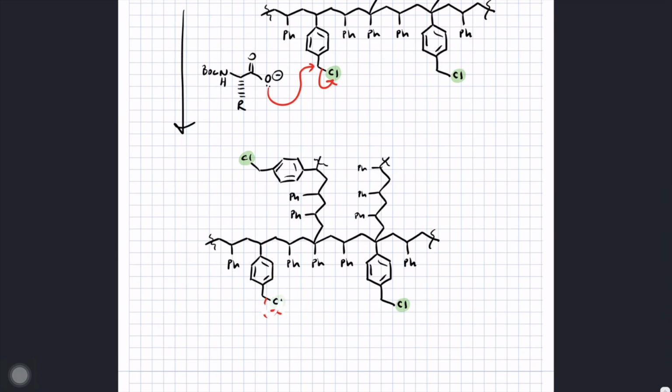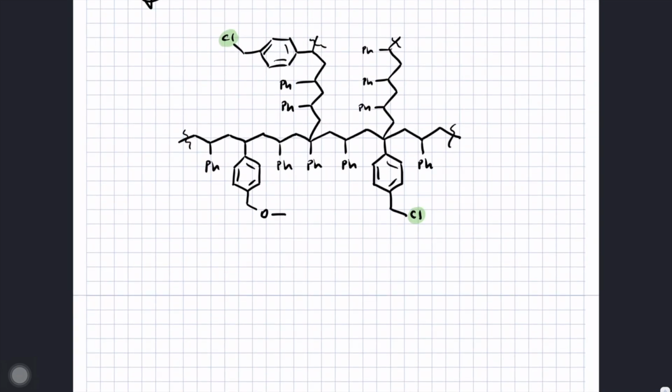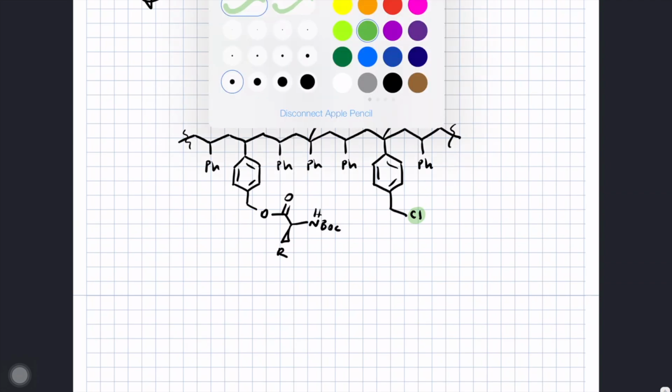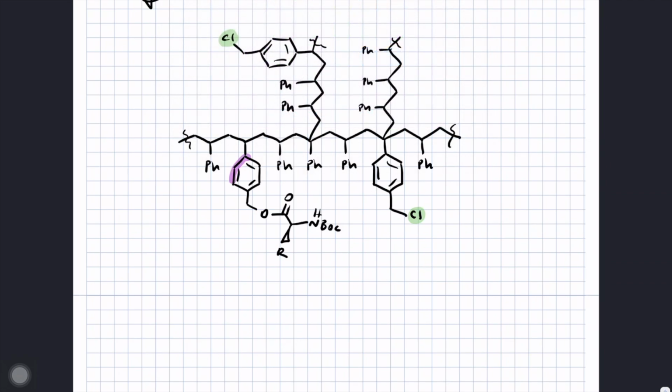And you would be left at this position with an amino acid attached to the polymer through an ester linkage with a benzyl carbon. Notice what I'm going to highlight in purple, notice how this portion of the molecule